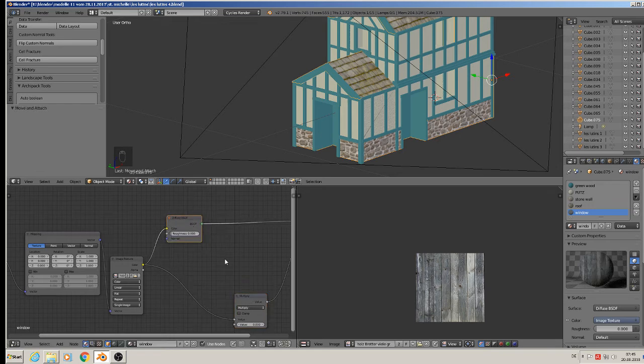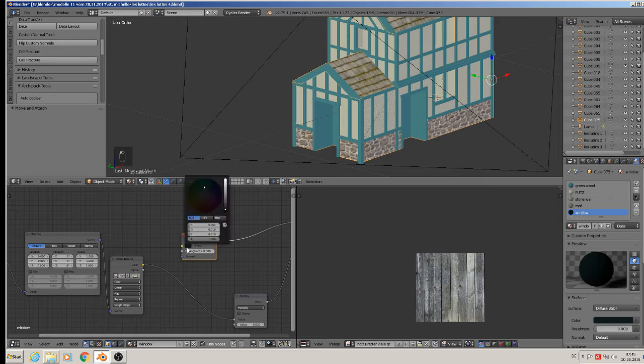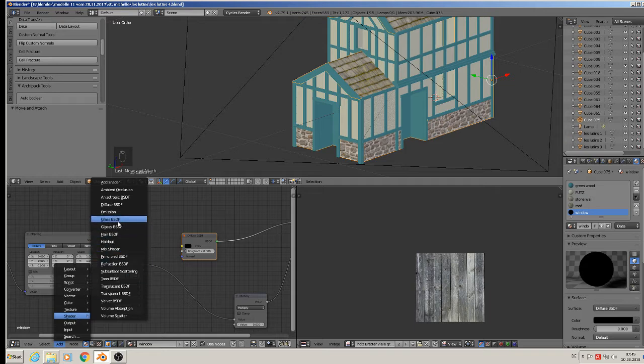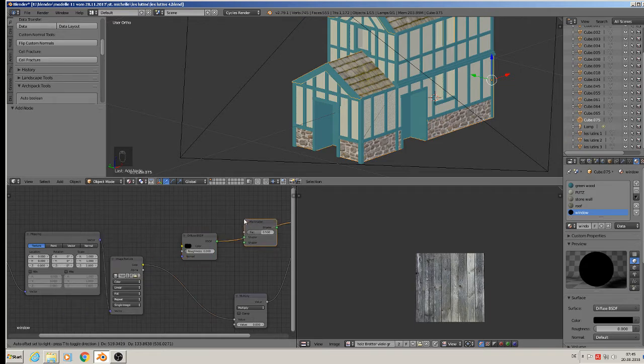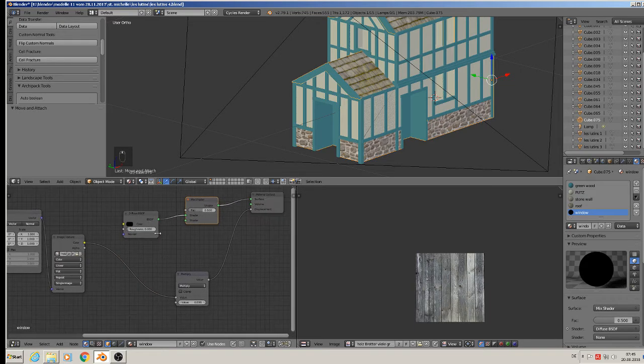So we first need a normal material. So for this window entire place things, then we need here an add mix shader. We need there a glass shader,